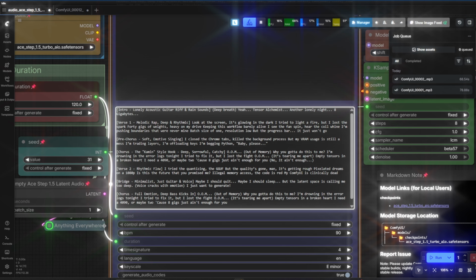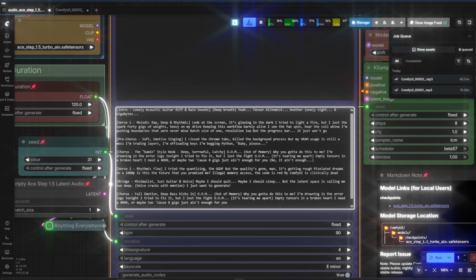Yeah, look, the screen is glowing in the dark. I try to light a fire, but I lost the spark. 40 gigs of weight's heavy on my drive, keeping this workflow barely alive. I see the fan spin, hear the coil whine. I'm pushing boundary, never mind. Batch size of 1, resolution low, but the progress bar, it just won't go. Oh, skill the background process, but my VRAM usage is still a mess. I'm trading layers, offloading keys. I'm begging Python, baby, please. Why you gotta do this to me?